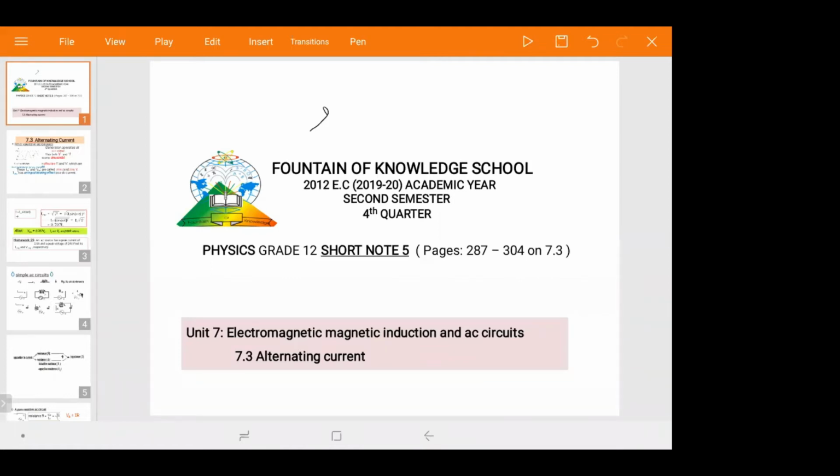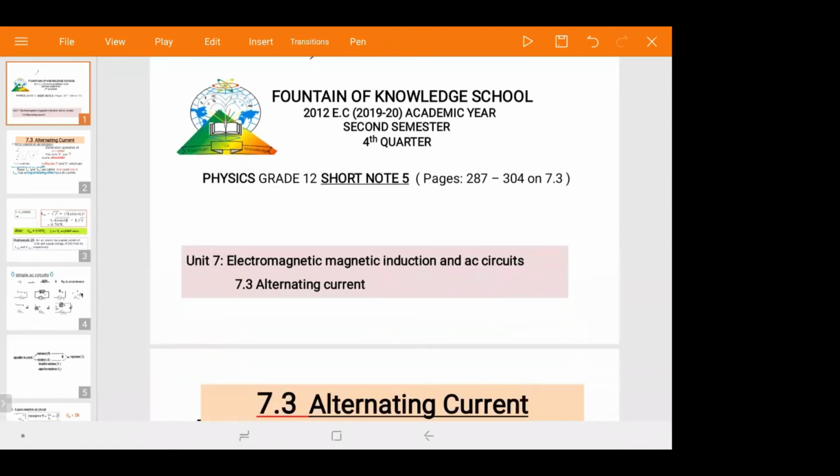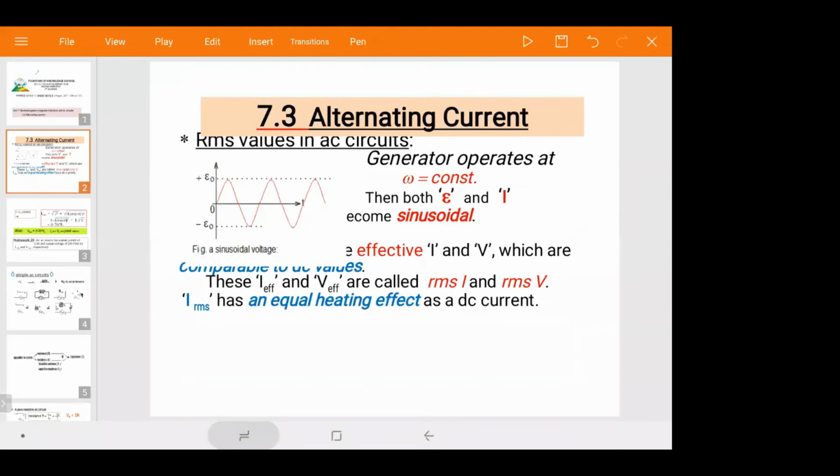alternating current. But the alternating current you get outside the magnetic field using brushes and commutators, you can make it a DC, or using slip rings and brushes, you can make it AC. So there are two types of generators, DC generator and AC generator. Today, we discuss AC generator and AC current, some properties of it. You see,